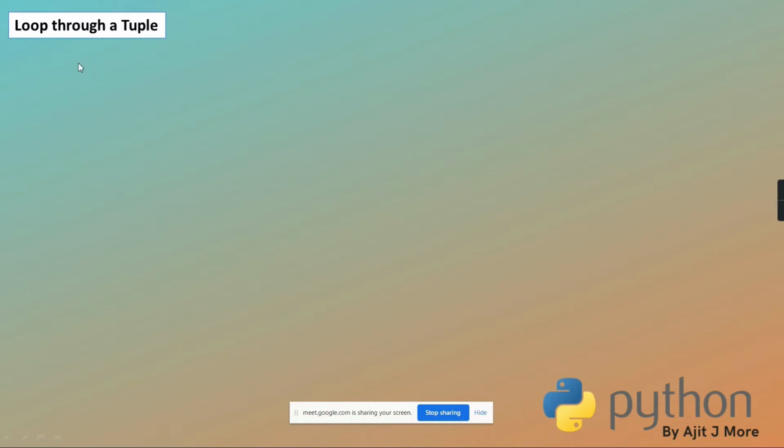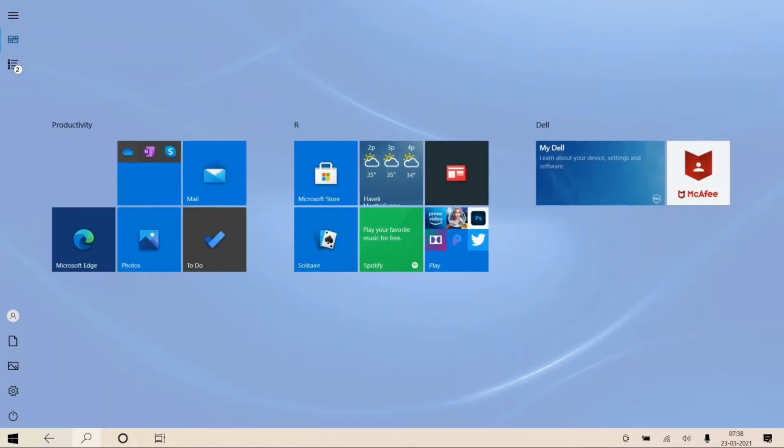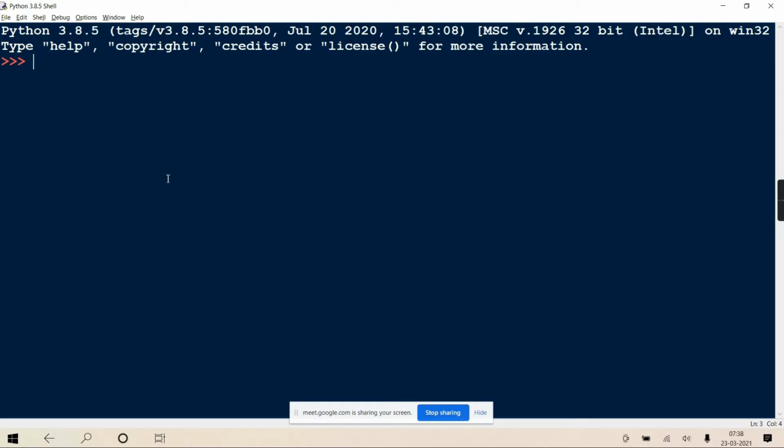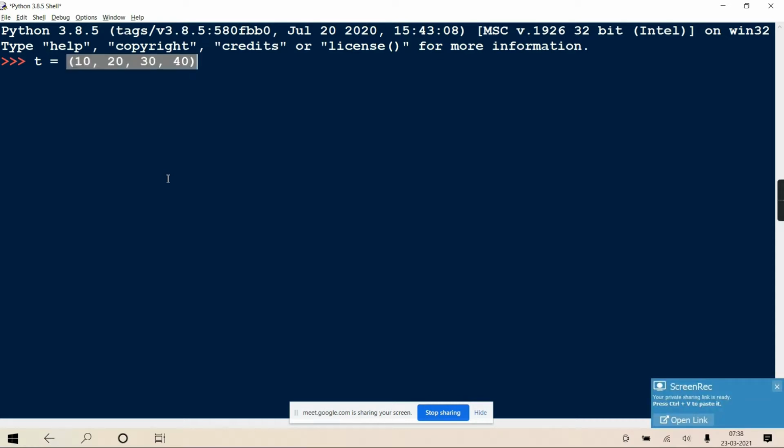Next, if you want to traverse a tuple, like each and every element you want to retrieve from the tuple, then you can use a standard for loop, because the Python for loop is applicable for an iterable object and tuple is also an iterable object. Clear? Same like list. You can create a tuple, right?